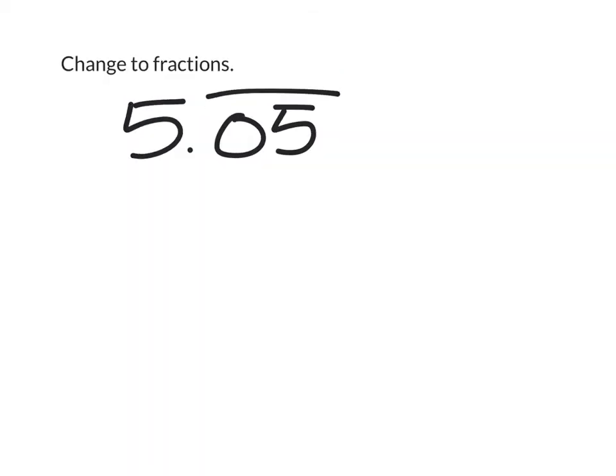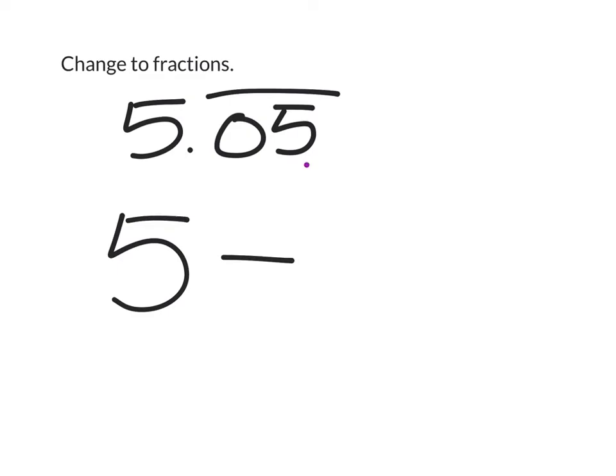This one says to change to a fraction. On this one, though, you can use the rule of nines as long as the repeating decimal starts in the tenths, which is the first decimal place, okay? So I would actually start this one as a mixed number, right? It's 5 and then some fraction,